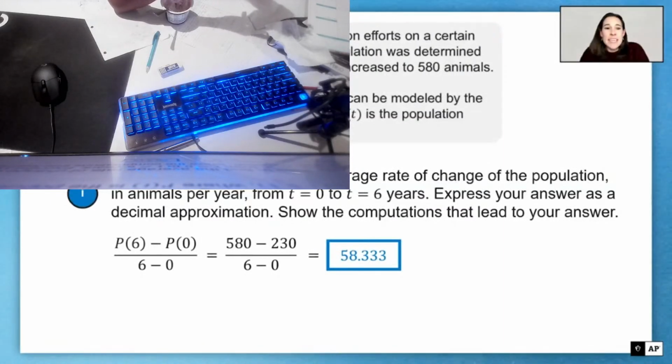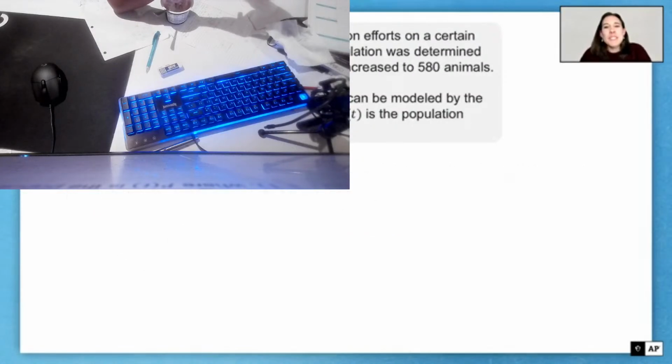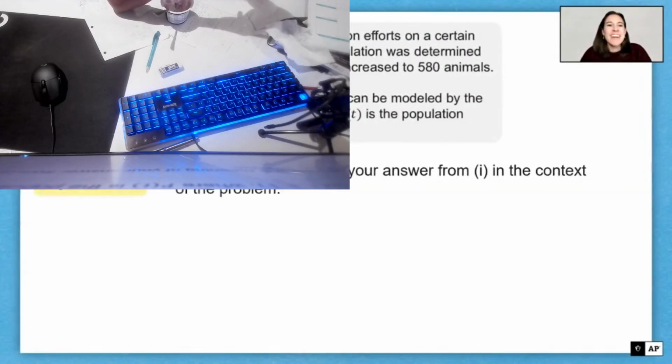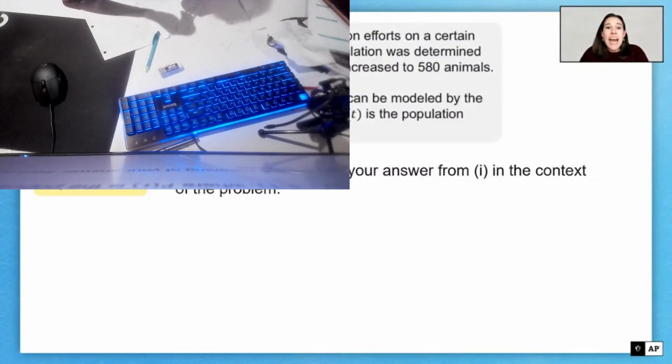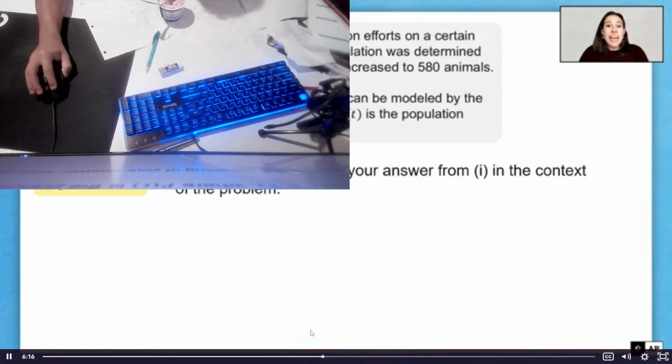Now, guys, on your AP exam, a lot of times you're going to start by just finding this average rate of change value. And then after that, you're going to imply, interpret, or use this in some way. So we're going to add a quick spin-off question for you here. It's going to be to interpret the meaning of your answer from part 1 in the context of the problem. So Jamil said, what we're really doing is a change in the output over a change in the input. And the output values are animals, and the input